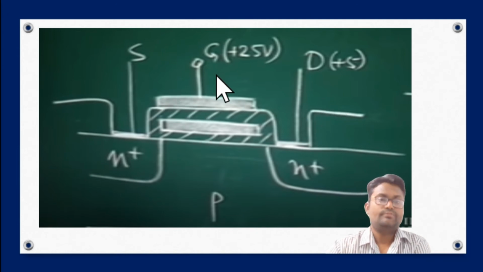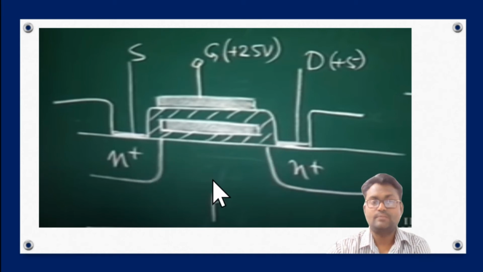I'm repeating, when we provide a very high gate voltage, the holes present in this p-type substrate are repelled from the surface of the oxide, and to cover this remaining portion, electrons are moved towards the floating gate structure, and because of this thin oxide layer, the electrons pass through and are doped in this floated gate structure.